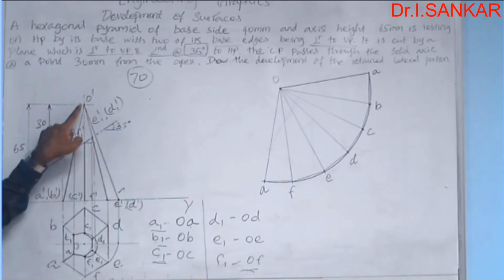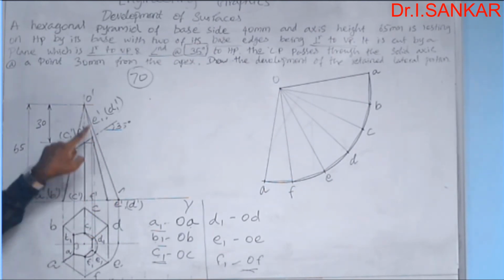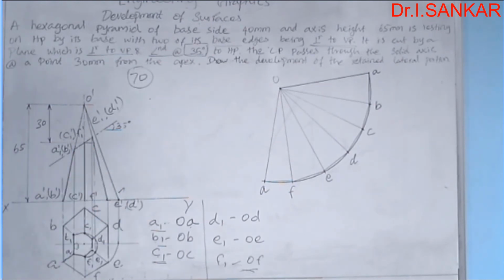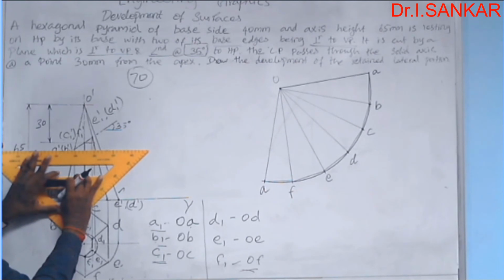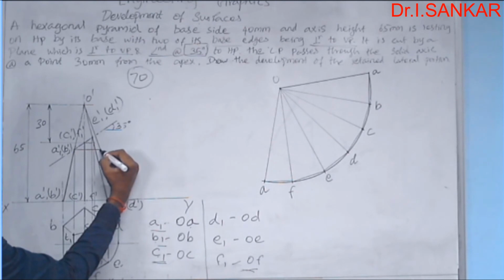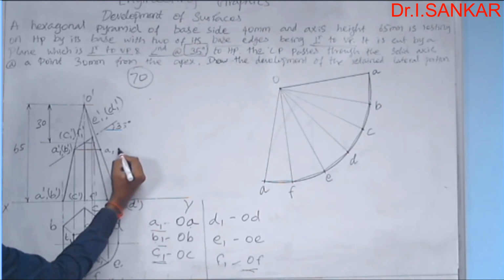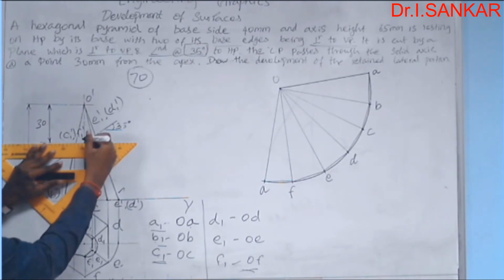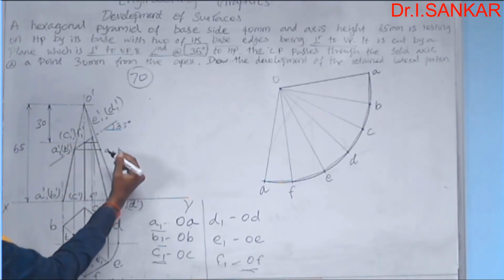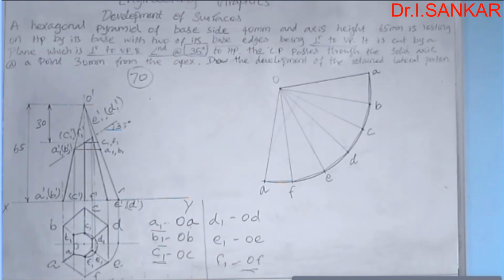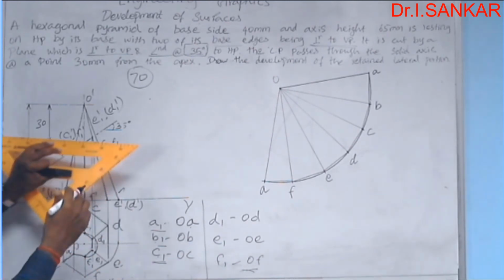See here, we just drew a line which is denoted as the true slant edge length line. Towards that line, we have to mark all the cut points. See, I am horizontally moving A1 dash, B1 dash, and marking them on the true slant edge length line. Here, it is nothing but A1, B1. And in the same way, I am transferring C1 dash and F1 dash horizontally towards the true slant edge length line. And here I have to mark C1 and F1. Visible, students, for you. Maybe you can zoom it.